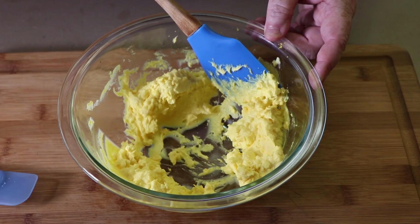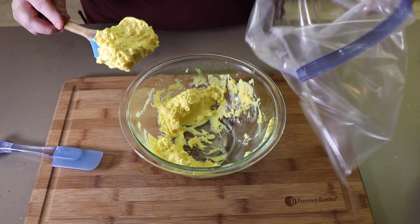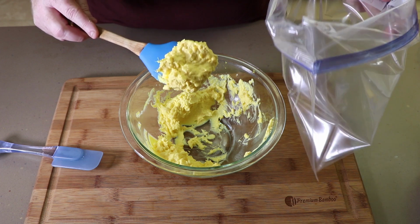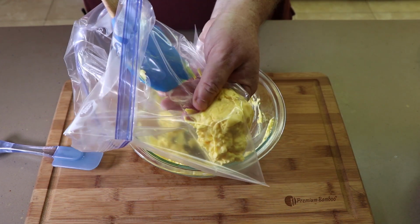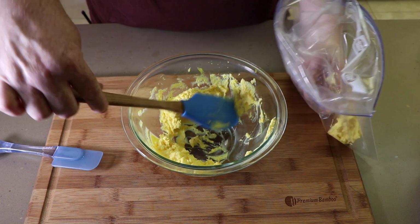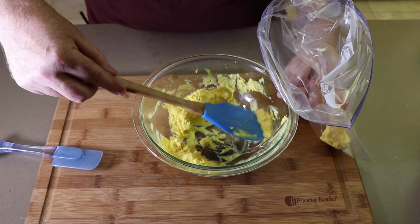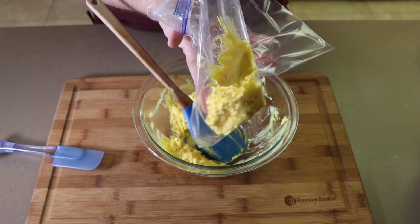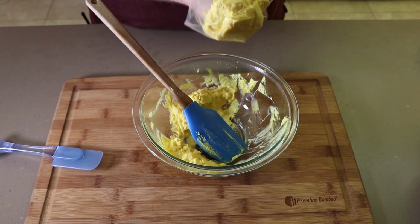Now what we're going to do is transfer one of these portions into a Ziploc bag. Let me scoop this up here. So here we have a Ziploc bag, resealable bag. I don't even think this is Ziploc, it's one of these things. We're gonna take this and push it down into the corner here. Make sure we get all of the egg mixture from that portion. So as you can see, we have this bag with our deviled egg mixture